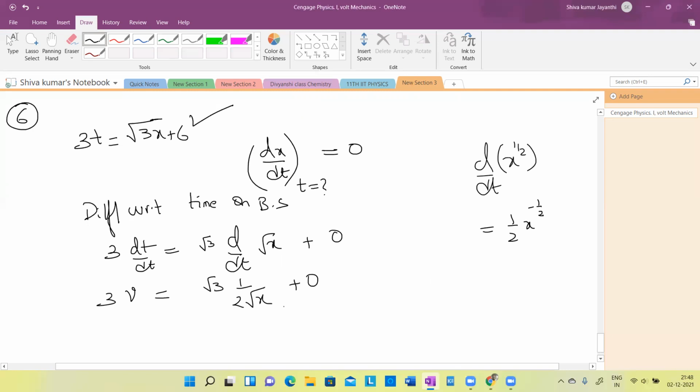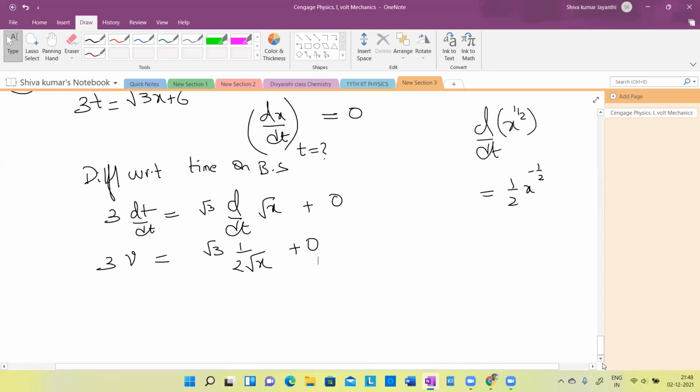Now what are they saying? They are asking us to find the displacement when the velocity becomes 0. We still won't get this so easily from here, because if you put velocity as 0 here, you won't get anything meaningful. I'm doing all this so that by seeing the equation itself, you start doing something. If you do it like that, you won't arrive at anything. So that's why I did it this way. This way will not work.